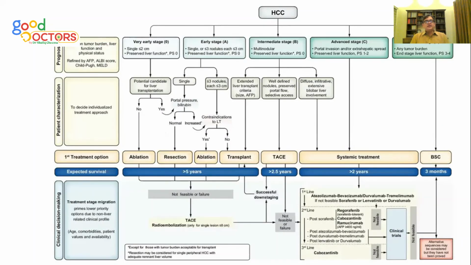Now, this is the latest table of BCLC which has been released. Obviously, there are modifications going on in this particular table to make it more and more comprehensive. So this looks much more comprehensive. You can see for stage 0, the primary option is ablation and resection, depending on that the patient is candidate for transplant or not. Once you're dealing with stage A, the primary option is liver transplantation if the underlying liver disease has progressed. But if underlying bilirubin is normal, portal pressure is normal, still the resection and ablation can be done.